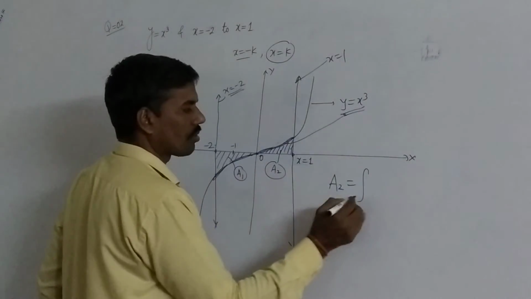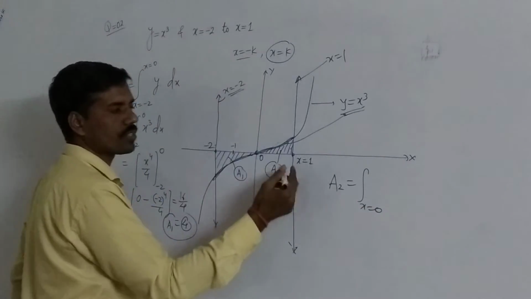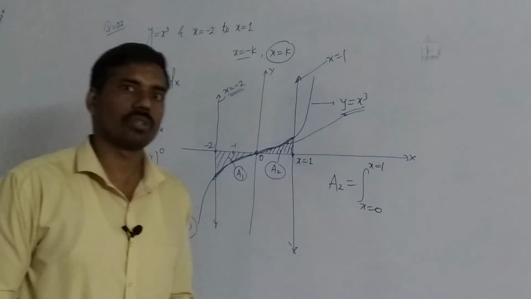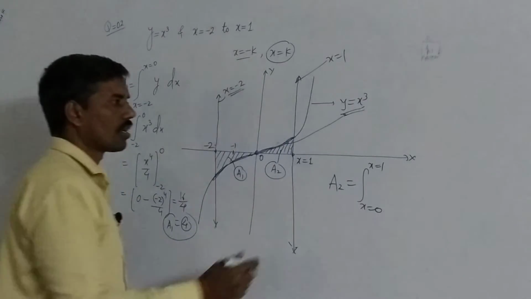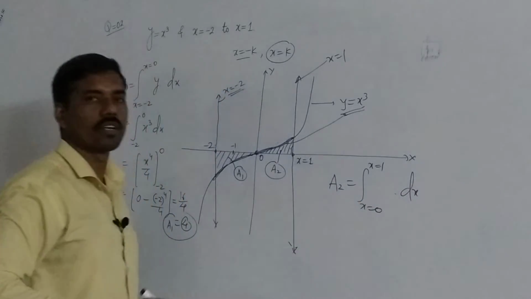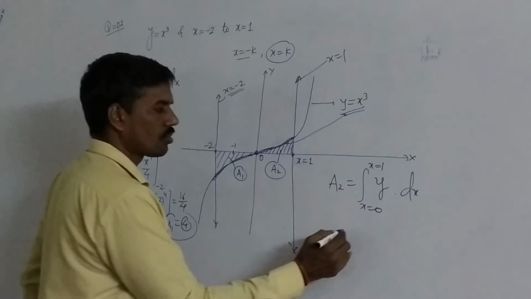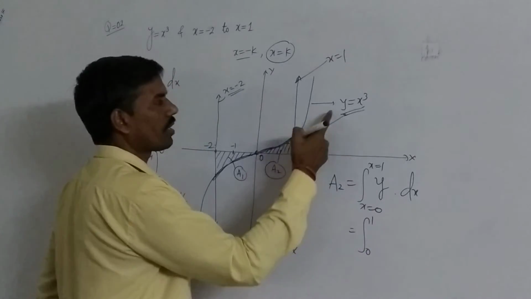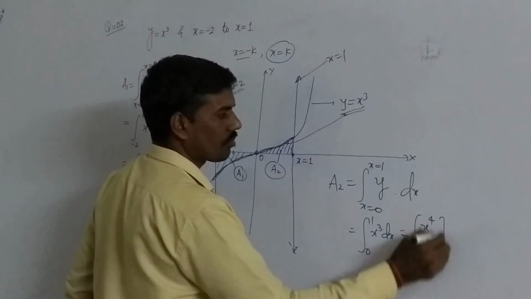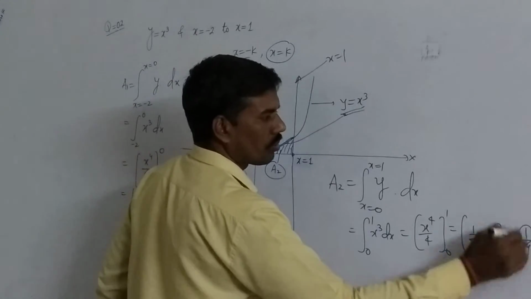A2 is calculated from x is equal to 0, यहाँ से लेकर के, that is y axis, to x is equal to 1, that is a line parallel to y axis at a distance of 1 unit to the right hand side of the y axis. And since we are writing the limits of x, we have to write dx, means we have to integrate with respect to x, and for that we have to write y here. So this one is equal to the integral from 0 to 1 of y, that is x cube dx. This one is x power 4 upon 4 from 0 to 1, upper limit is 1 upon 4, lower limit is 0. This one is equal to 1 by 4.